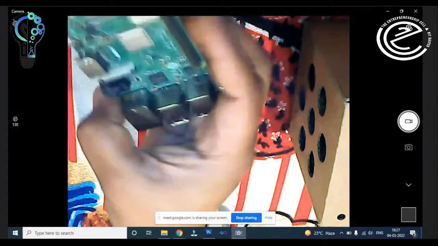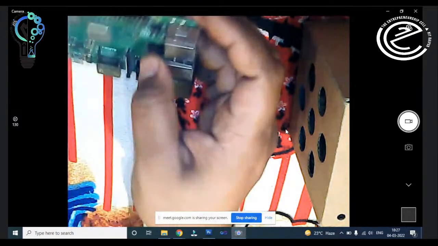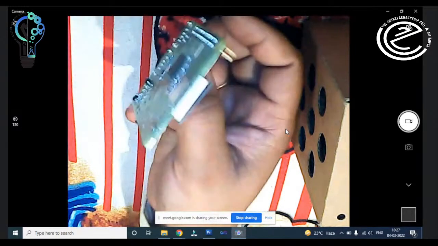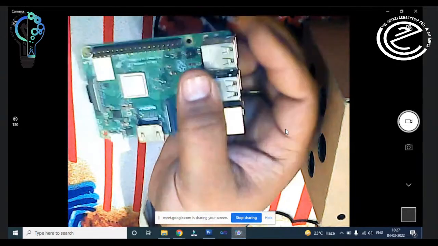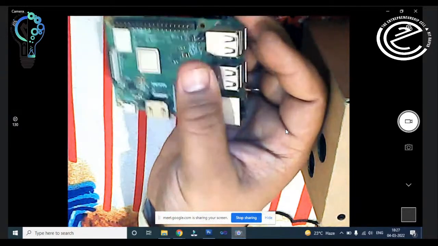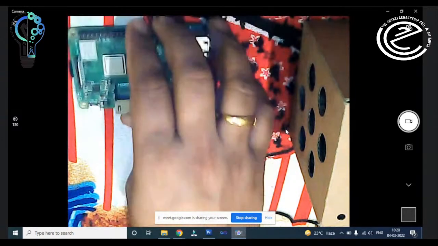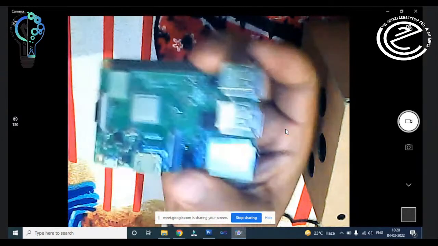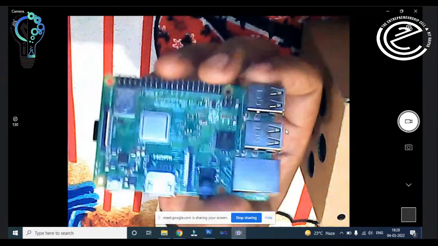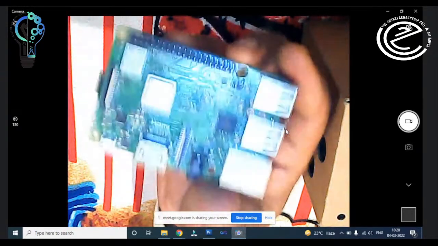So I will show you how to interface with the screen. If you have an LCD screen, then how can you use this Raspberry Pi on the screen? And if you don't have a screen, meaning you don't have a smart TV or any other type of display, then how can you use this Raspberry Pi board with your laptop, right?